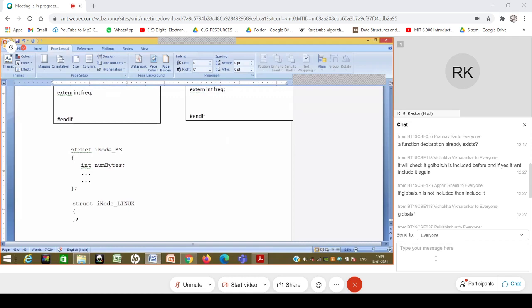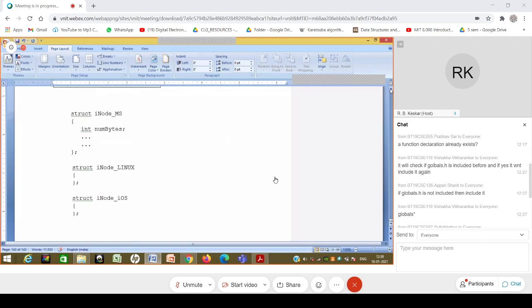Okay, so maybe I write three different programs. Imagine that there are, let's say, 1 lakh lines of code in the industry layer, and the code which is referring to these inodes might be just a few hundred lines or even fewer than that. So I would repeat the lines of code again and again, go to the appropriate location and make the change over there, but then it might lead to a lot of errors.